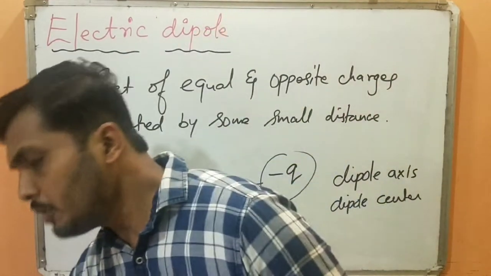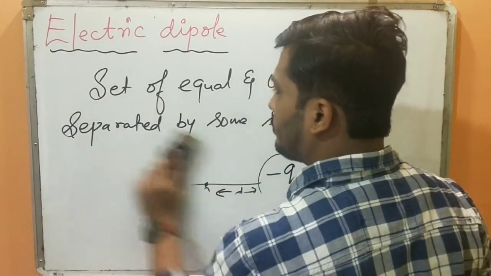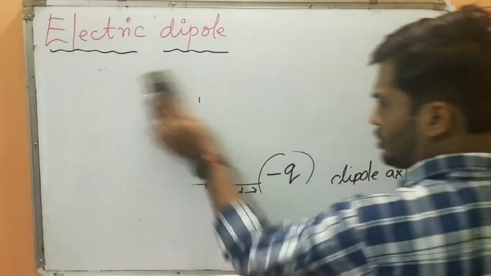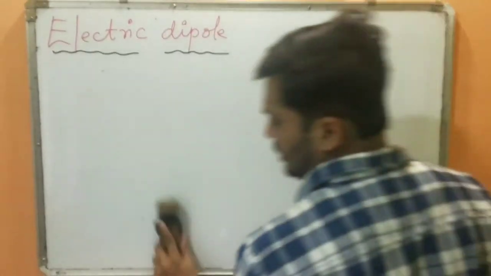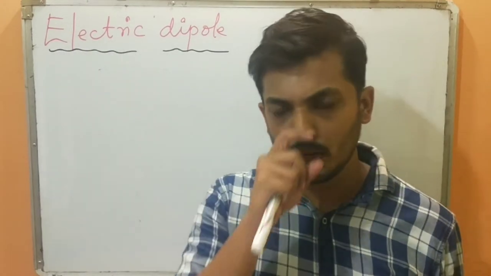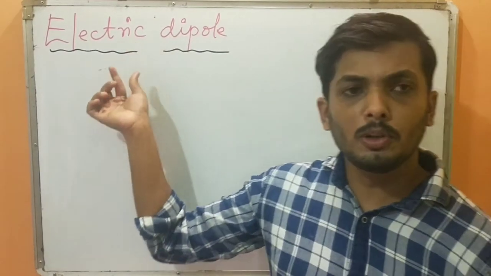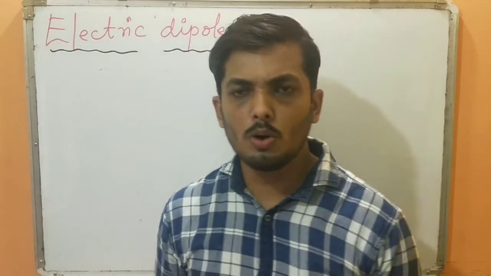Here we are going to study one more important thing, that is electric dipole moment. For the time being, just understand what a dipole is. It is a set of two equal and opposite charges. In chemistry also you will come across dipoles, like Na plus Cl minus. Whenever I say the word dipole, di means two and pole means polarity, whether plus minus, minus minus or plus plus. So a dipole is the polarity of charges separated by a certain distance. Two charges plus and minus, like Na plus Cl minus, or H2O.